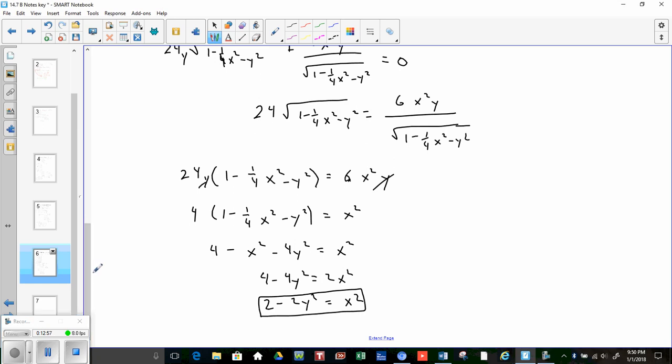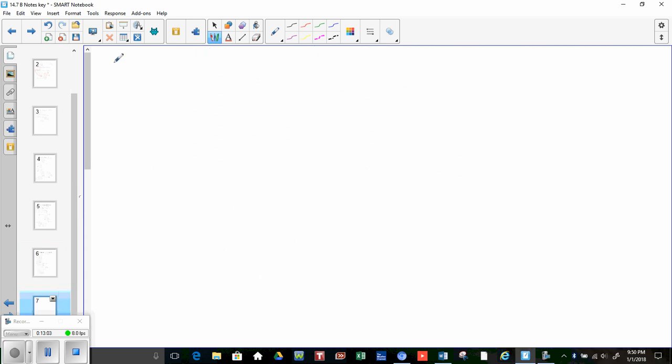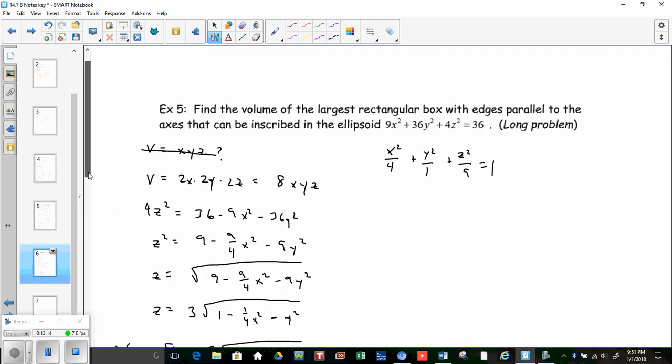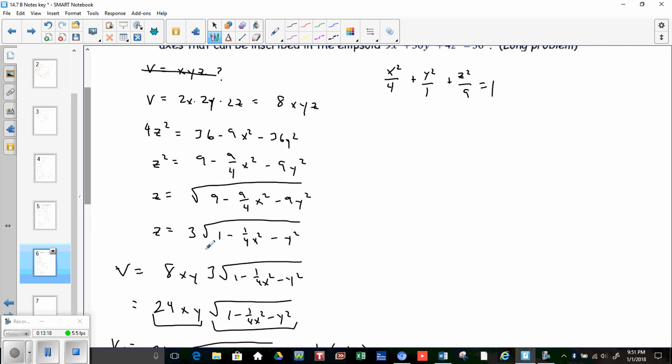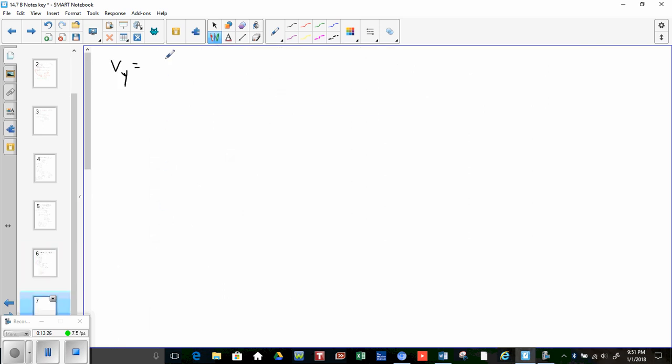Alright, so let's take the partial of y. Actually, I'm just going to go to my next page. That's why I left it here. So, Vy. Going back to this page. So partial with respect to y, once again, it's going to be a product rule using this, so it's going to be 24x. Derivative of the first is 24x times the second, which was the square root of 1 minus 1/4 x squared minus y squared, if I'm not mistaken,